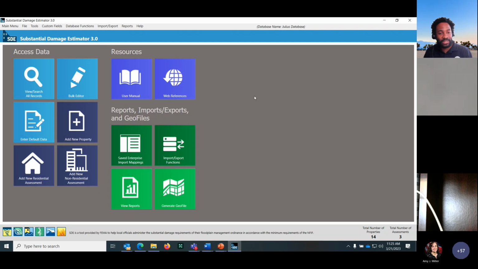So whenever there's a damage, whether it's from a flooding, an earthquake, a tornado, you already have the first part of the tool completed with the property information. All you have to do now is just go out there and assess that particular property and determine is it substantially damaged or not. All right, so remember, Peggy Curtis was a residential property, so we're gonna click on add